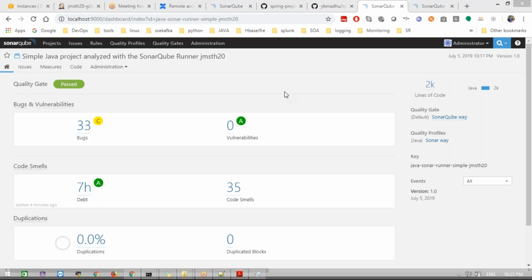Earlier they would do a normal Maven build and packaging, and get the web files. Then I would copy and paste them into the webapps folder of the Tomcat server, delete the old one, and paste the new one whenever a new one came. That is manual work. Instead of that, when the code is pushed, it is automatically built and automatically deployed, without any manual interaction.